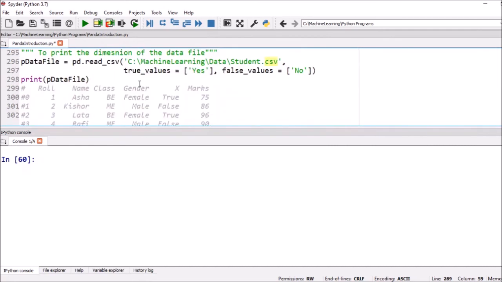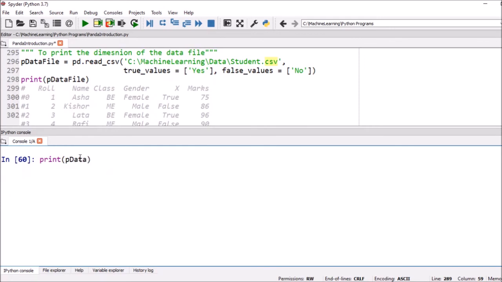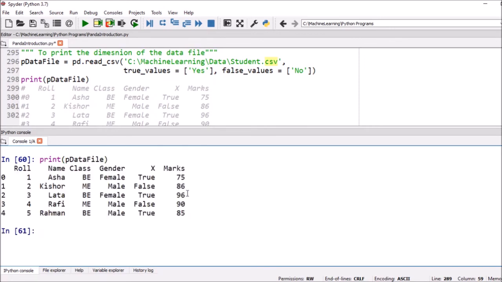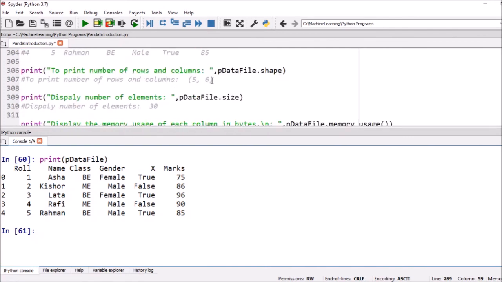Now, to print the dimension of the data file. Suppose we want to print how many rows are there, how many columns are there, and everything. In that case, we want to print the dimension of the data file.